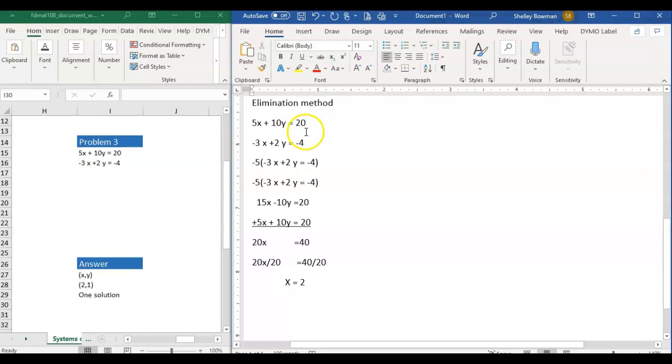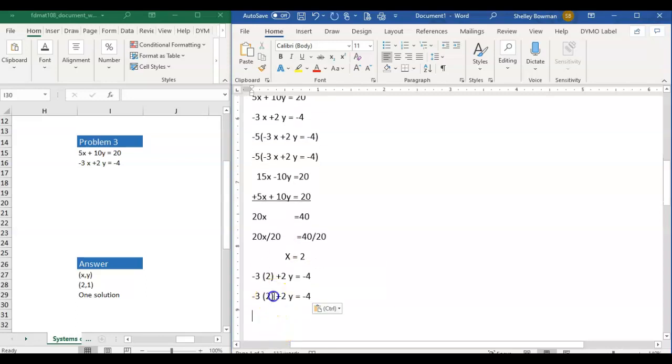Then we take this 2 and go into either of these equations, going to the originals. Don't go into this one because we've increased the number, so we'll go down to a smaller one. And it doesn't matter. Any of them will work. So we'll pick this one just because. So I come into here, Control V, make sure that I put parentheses around this, so I ensure everything that I'm substituting for the x is substituted in. And then I end up with my next step, negative 3 times positive 2 gives me negative 6, plus 2y